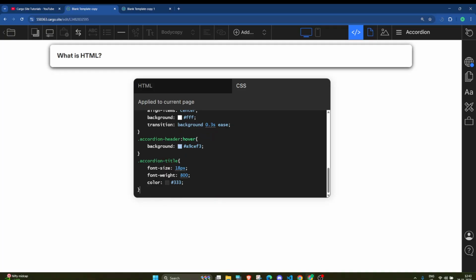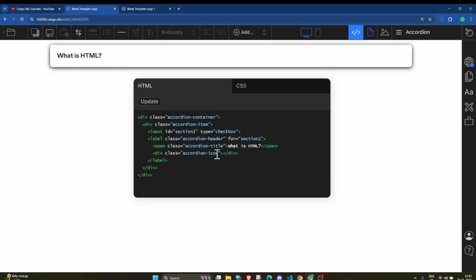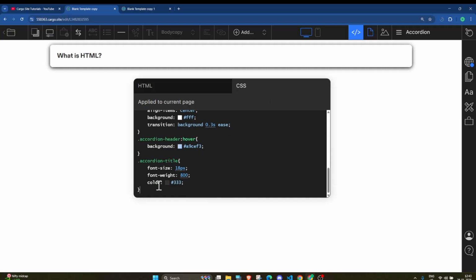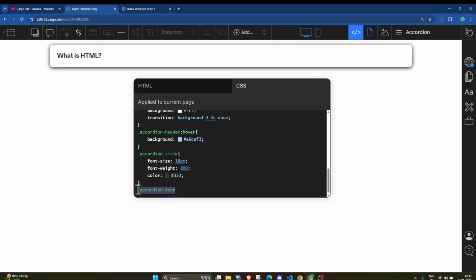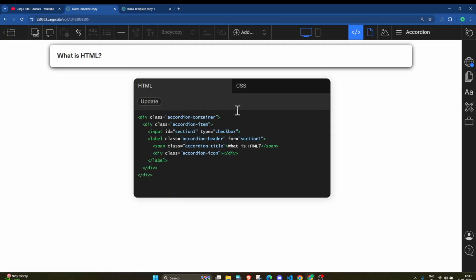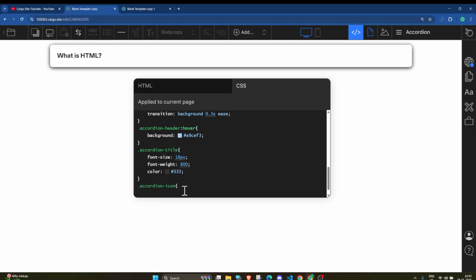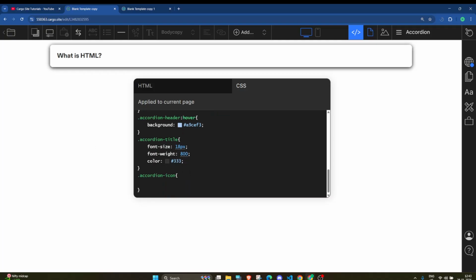And after that I will style the accordion icon. I am going to simply copy this so that I do not misspell the class. The class name should be exactly the same as what you have mentioned in the HTML. Here, I will first add some CSS. I will give the width 24 pixel.